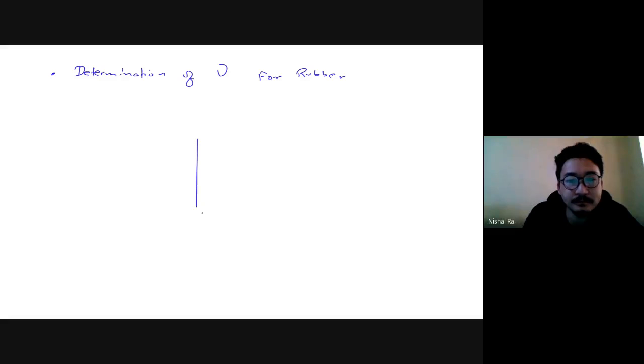Let's consider this case. What do you do? You consider a rubber tube. Let's consider a rubber tube, to determine the Poisson's ratio for rubber. What you do is you first consider a rubber tube